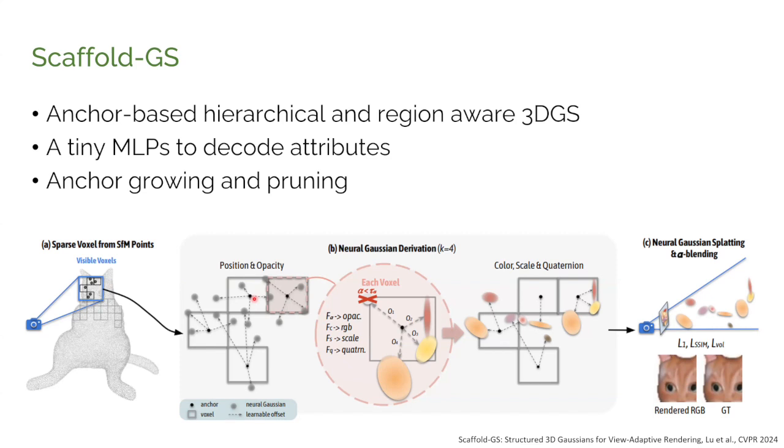In this case, one anchor point can generate 4 Gaussians. Each anchor point has its own feature, and this latent feature goes through an MLP, a small tiny neural network, and then this tiny neural network generates the rest of the Gaussians. So that it can only maintain